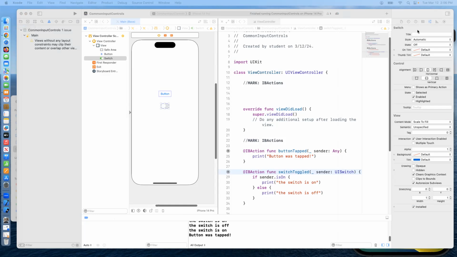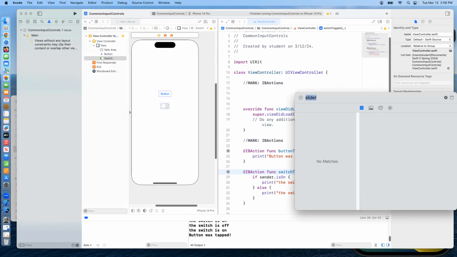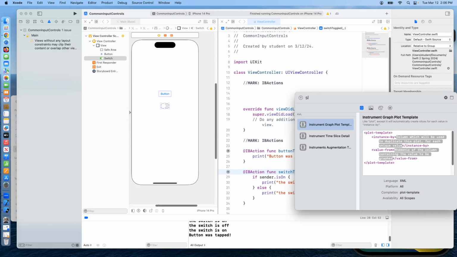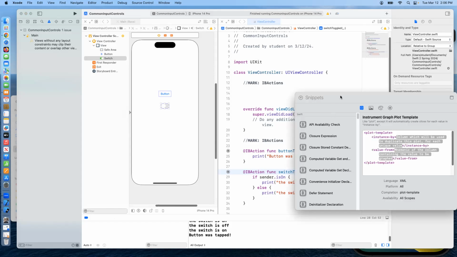So I'm going to come up here, object library. I'm going to find a slider. Well, that's kind of interesting. All right, I'm going to just type slower then. Why did it do that? Oh, I know why. This is pretty interesting, actually. Right now, as I'm bringing up this